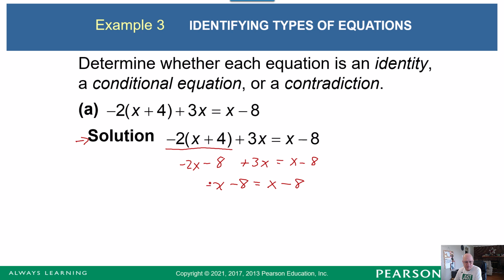Oops, that's a positive x. And x minus 8 equals x minus 8. That's an identity. It's always true. So this original equation up here, no matter what number we put in for x, you can